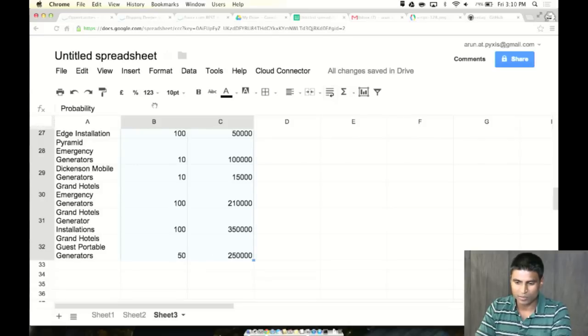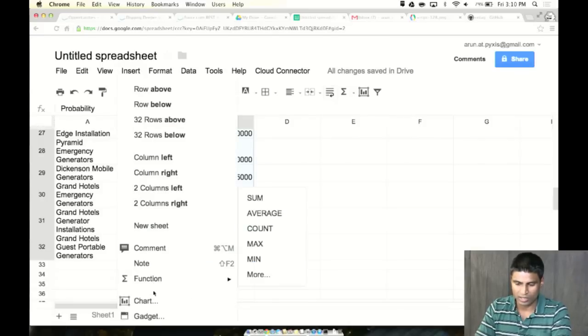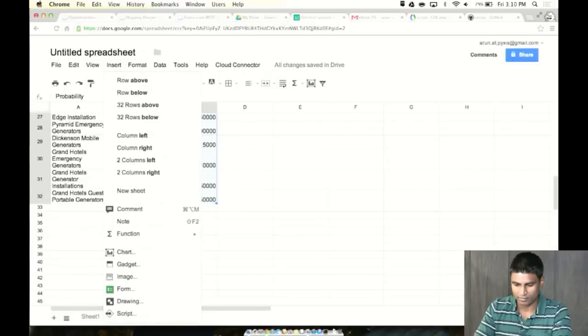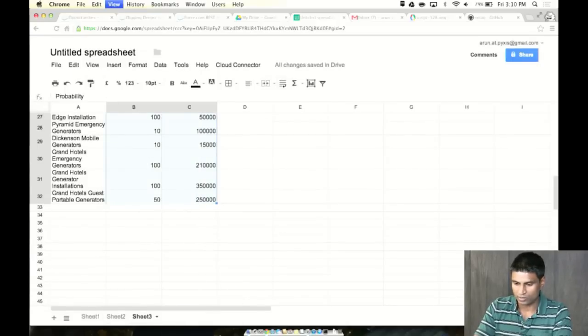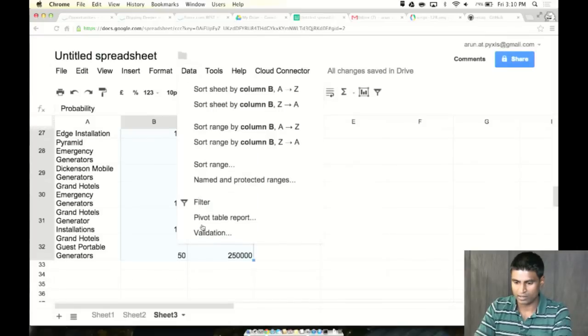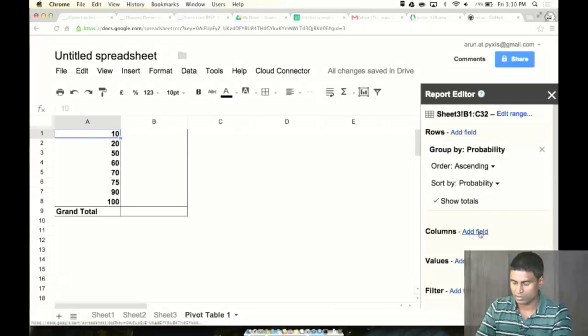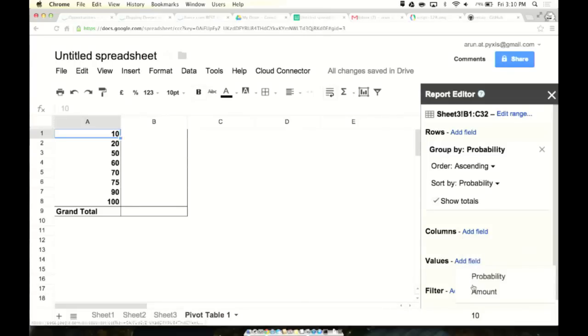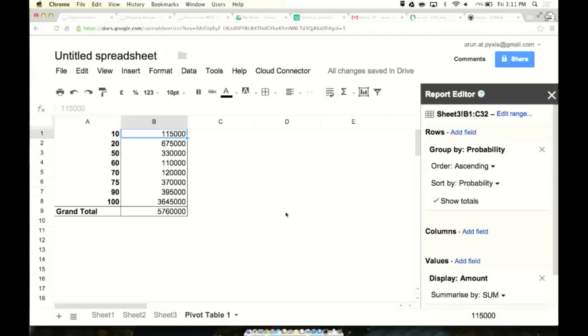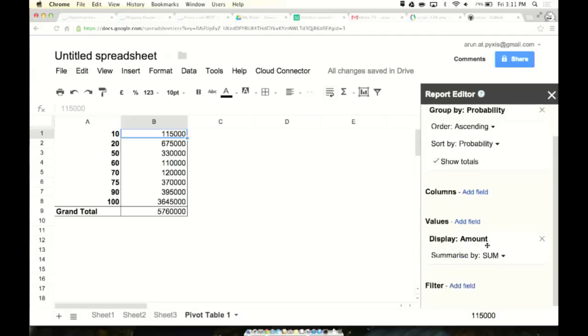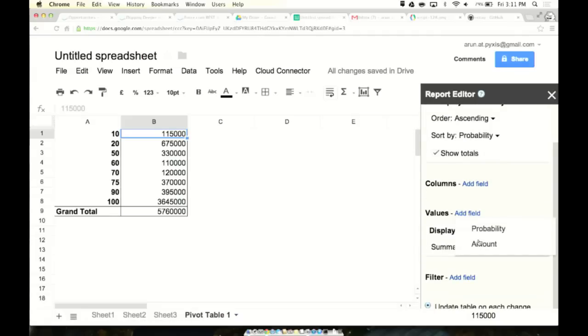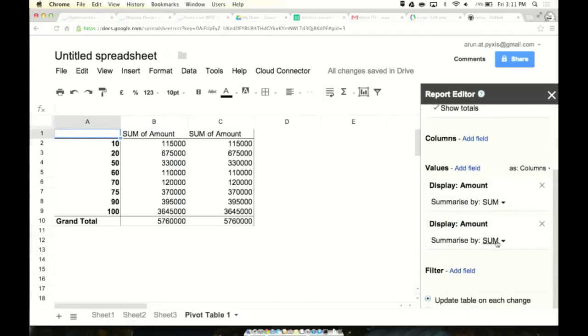So what I can do as a sales manager, and this is just the fact that it's in, can't see. All right, so let me actually go back in, say data, create a pivot table. So what I can do very quickly is add something as a pivot table and add values for amount. And you can see that very quickly I have a little stage here, and I can add another field for amount, and this one I'll do just